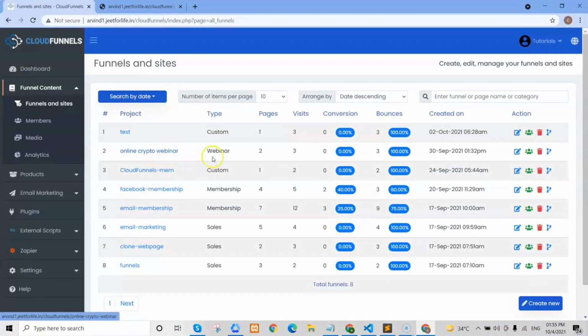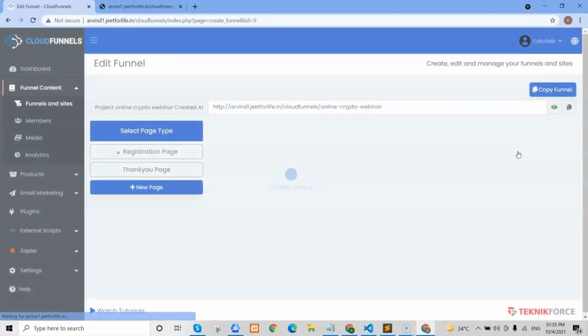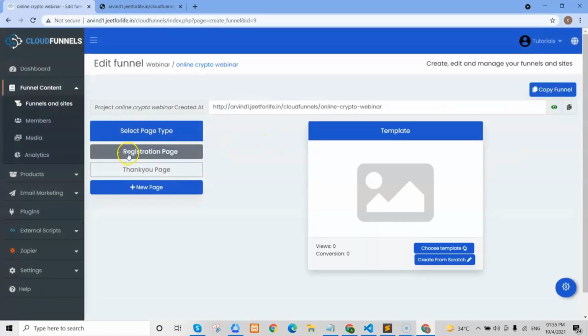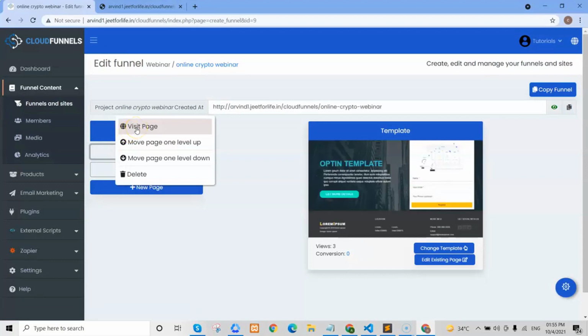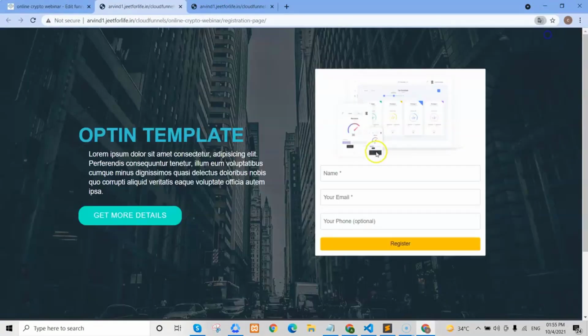So I will choose this funnel and click on the Edit Funnel button. As you can see, this is my registration page. And if I go visit the page, you will see a form with the name field, email field, and phone number field. If I right-click on this one and open the page inspector,